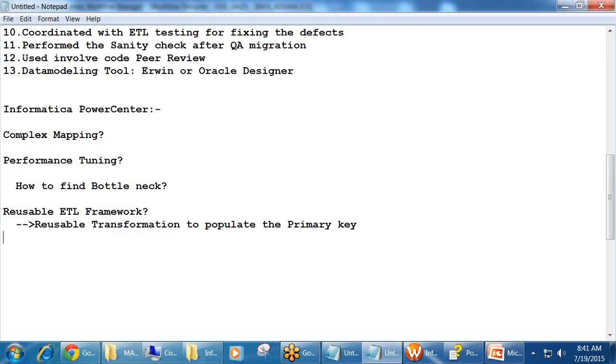That way you can explain about the reusable framework. So they'll ask you, have you done any kind of automation? You can just say any kind of automation which you have done to avoid manual work. You can say that for the migration process we have created a shell script utility which will